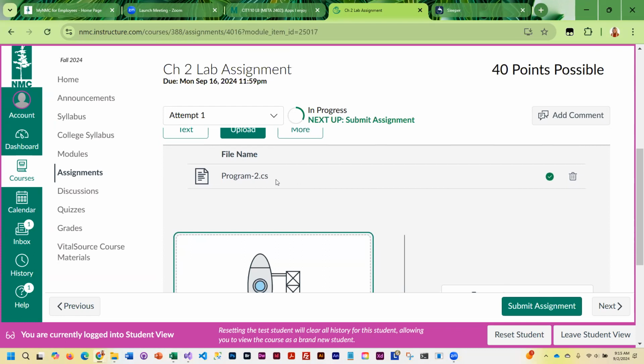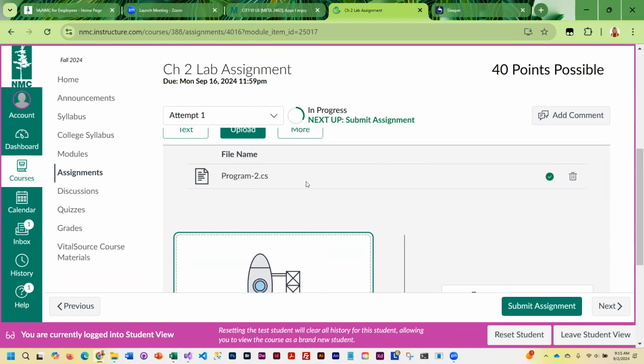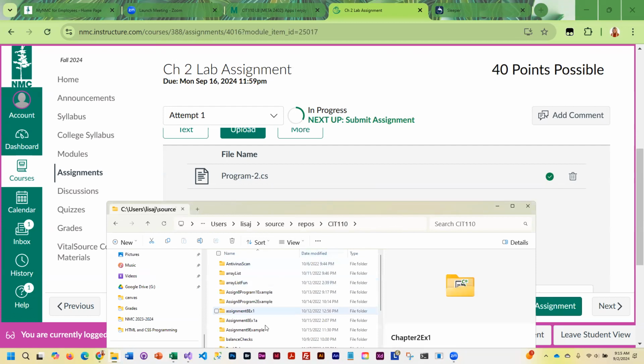And you'll notice I'll go ahead and drag another one. It's pretty smart. Canvas is pretty smart. If you drag the same file, it actually looks at the contents of the file. So if you drag the same file up, it replaces it. But if you go in and select a different programmed CS file, so I'm going to select,